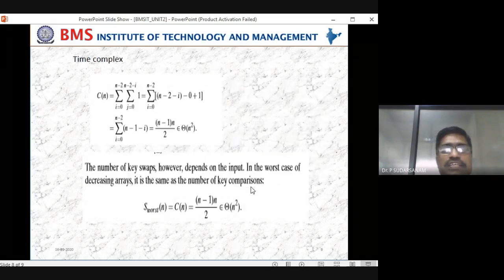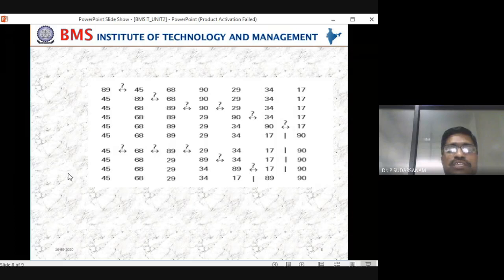Now say next iteration, what you can do is you have to write it, because I have not copied it here. I'll tell you. Next iteration, what will happen? 68 is less than 45. Similarly, you have to continue the remaining steps. That is my intention. So here is what will happen: 68 is less than 45.